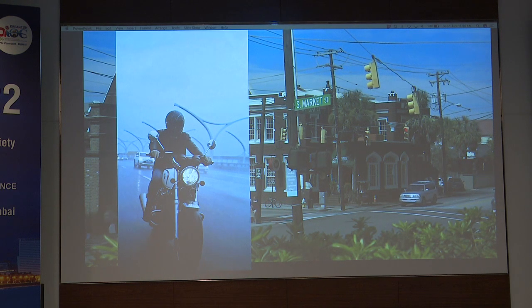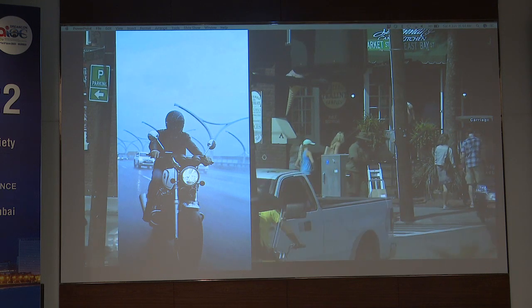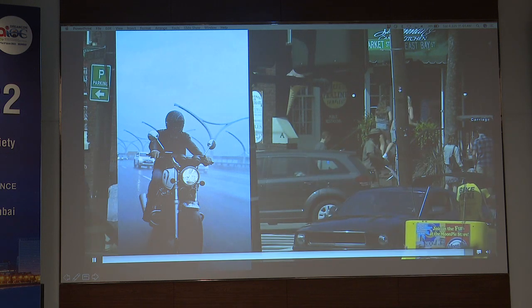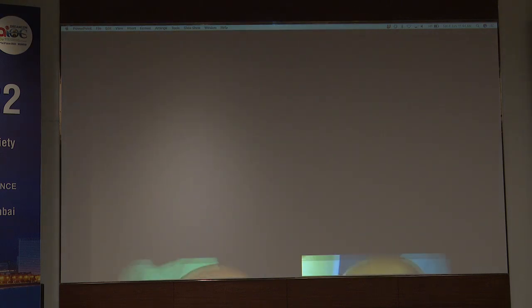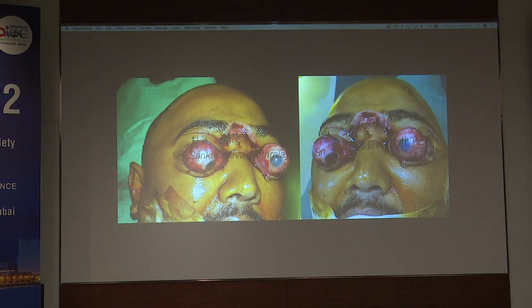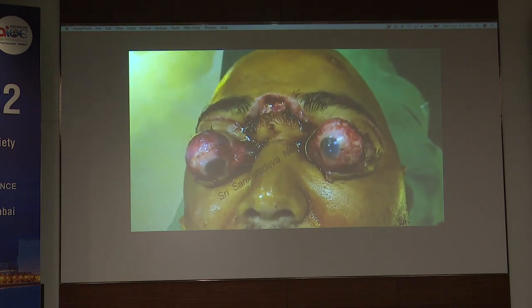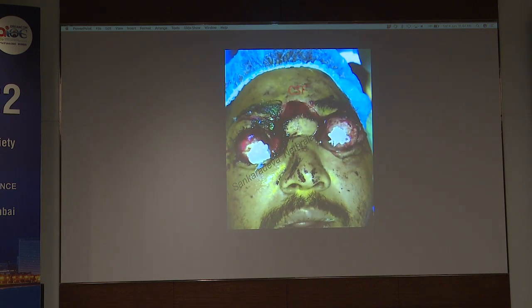Lastly, I will end by showing this slide because it's very sad. This gentleman is from the medical profession. He just came out from his house and he had hit a lamppost, and after hitting the lamppost, this is how he came to our unit, and this is a total luxation bulbi. But the saddest thing is that he came to an ophthalmologist, and I was wondering, being an ophthalmologist, how do I manage with so much CSF leak?